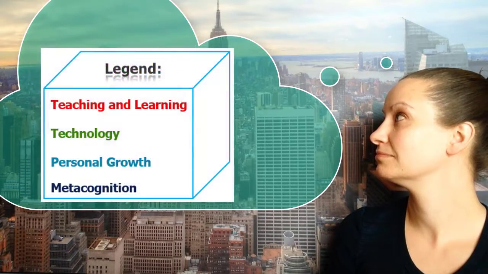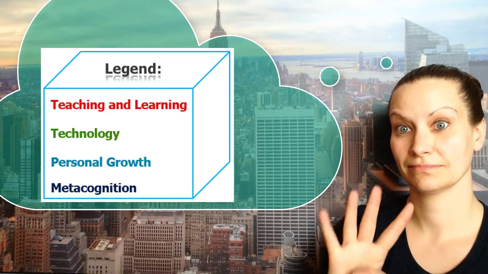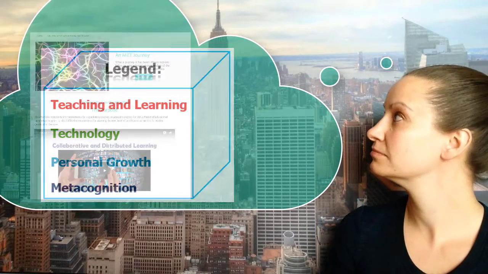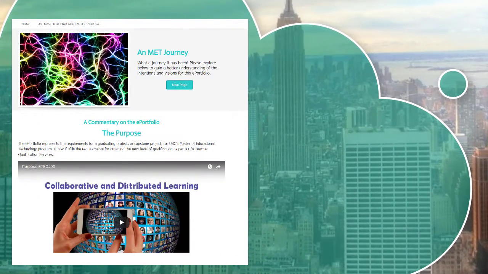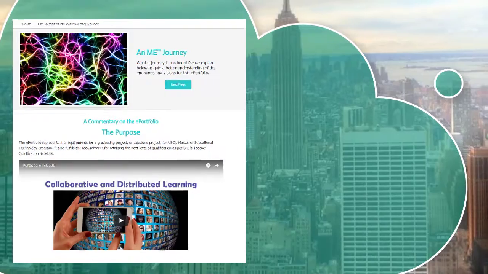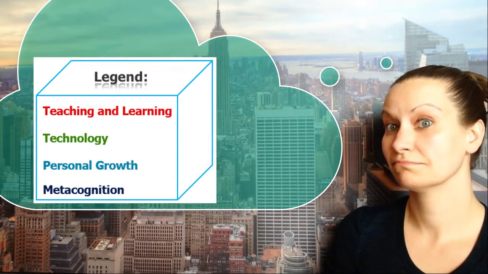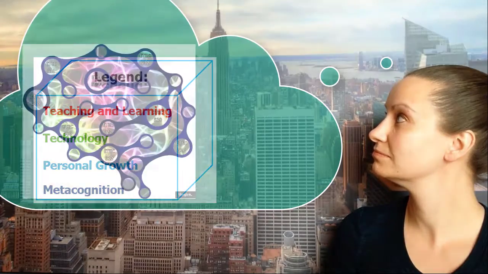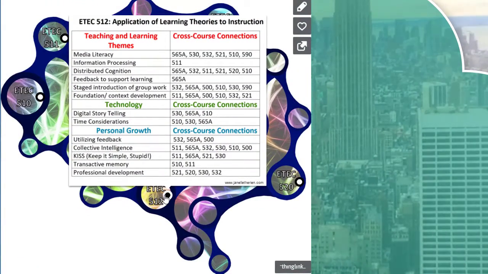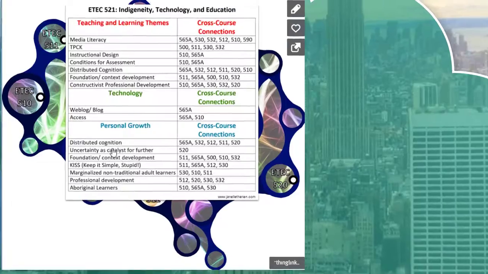So I pulled out important themes. Themes of teaching and learning, technology, personal growth, and metacognition. More about the metaphor, themes, purpose, and objectives of this portfolio can be found on the About page, which is also where you found this video. As I reflected, I color-coded these ideas, as you will see throughout the e-portfolio. As my reflections spanned over more and more courses, I noted similarities across courses. These connections are highlighted in the interactive image on the landing page as you hover over them.